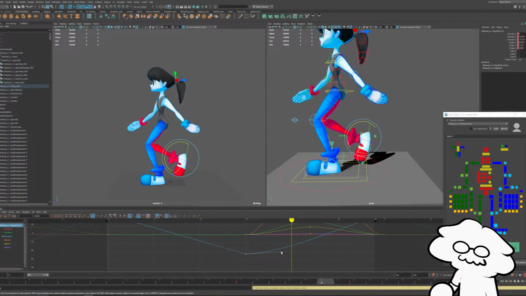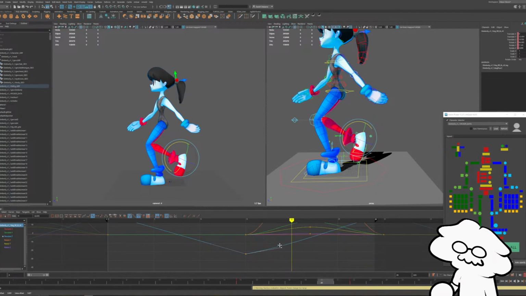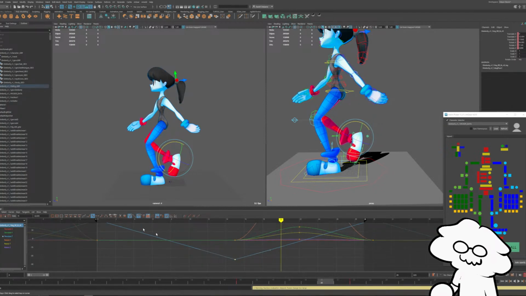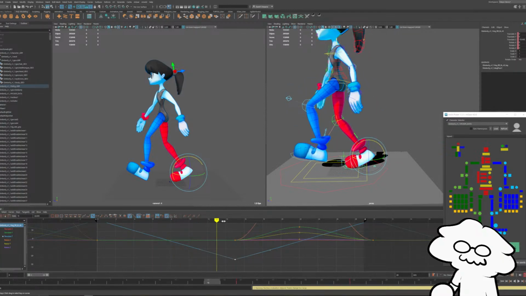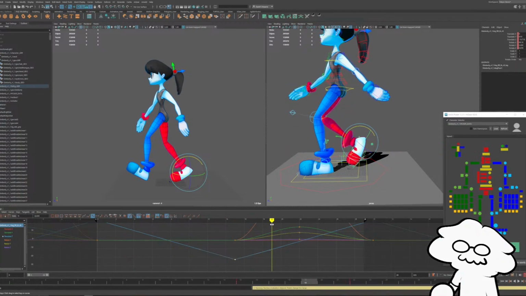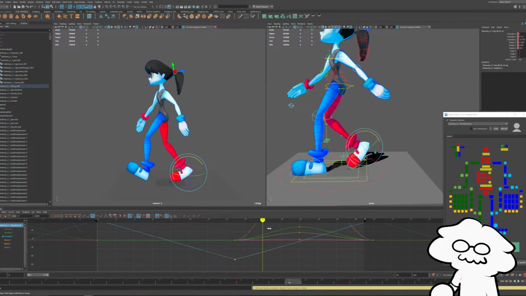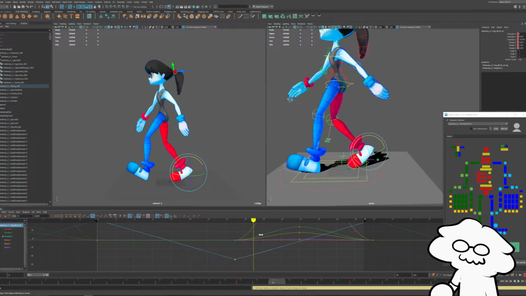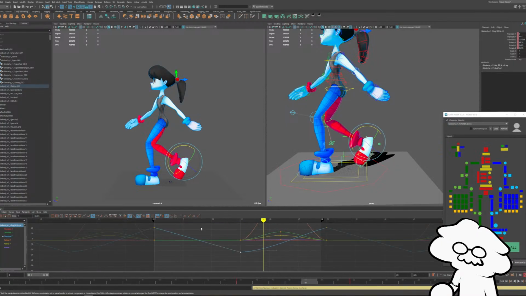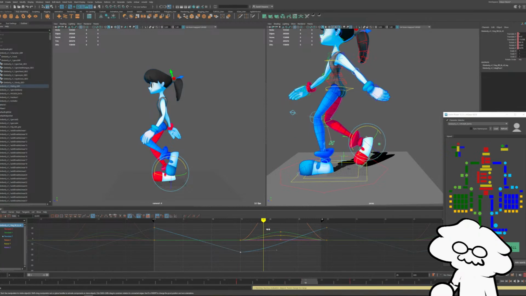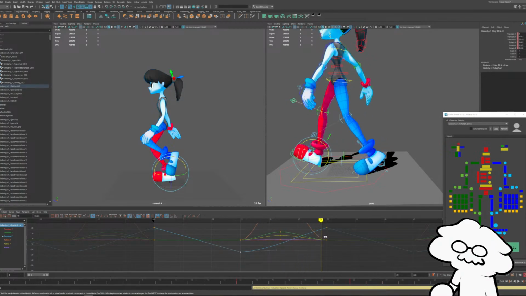Because by default, if they were linear on both sides, then it would just go at a linear pace and then immediately start going forward, which looks a little bit unnatural. So instead, we'll have it slowly go forward a bit. Like that.